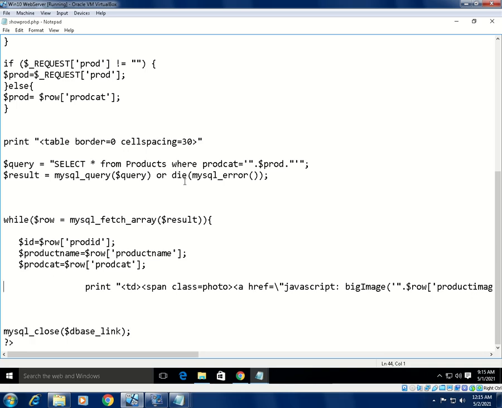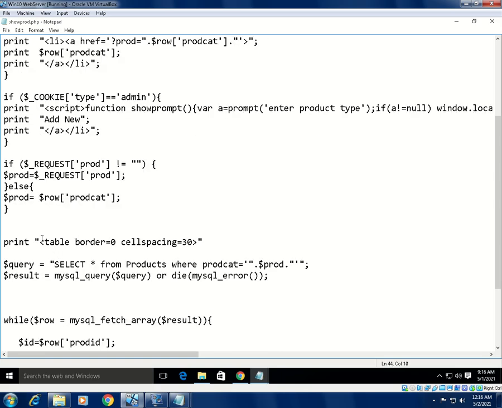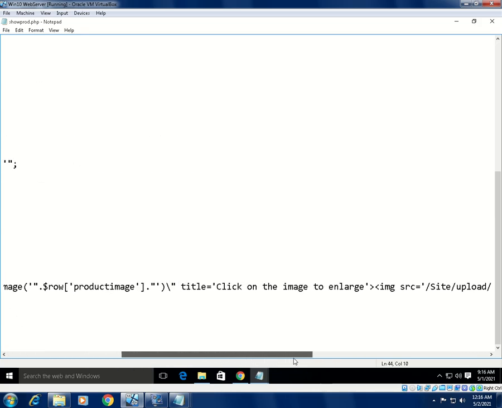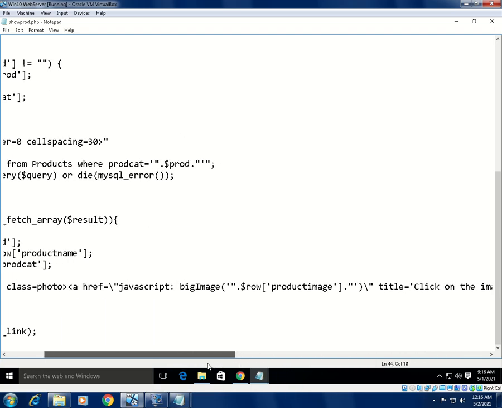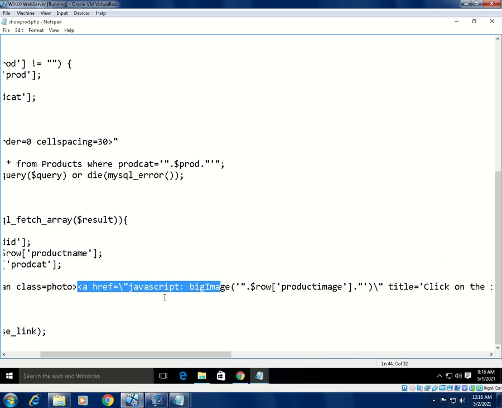As you can see here, we're going to create our table definition, or our column. Since we have a table here already, we now have our first TD, and inside this TD, or table definition, is a hyperlink